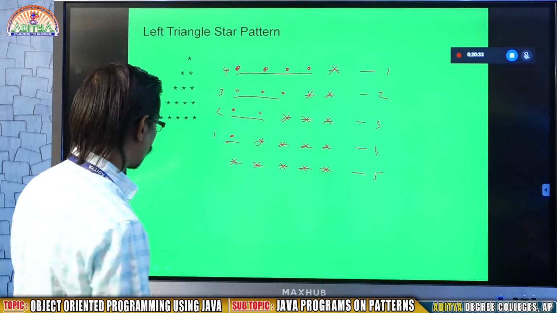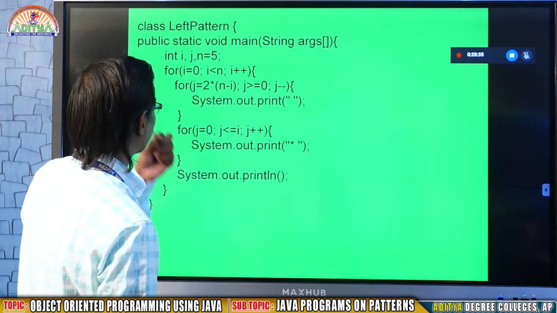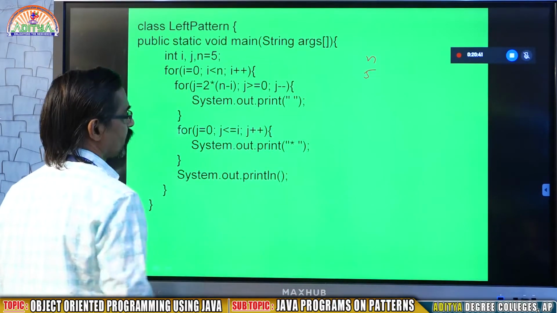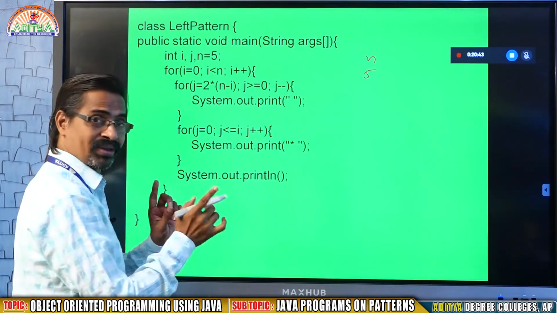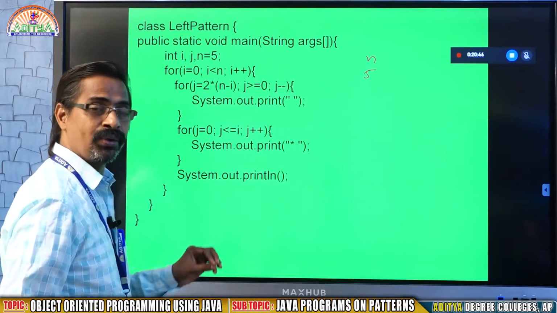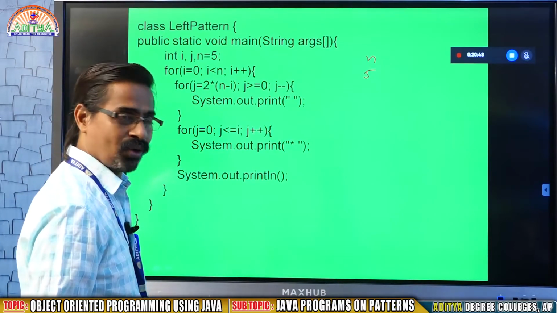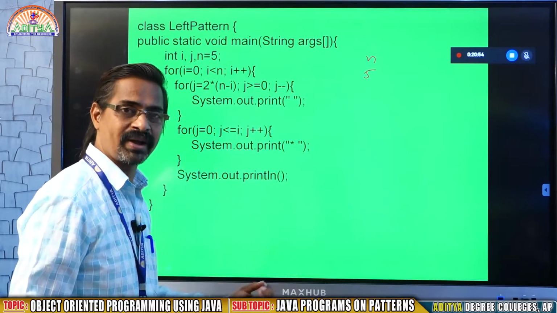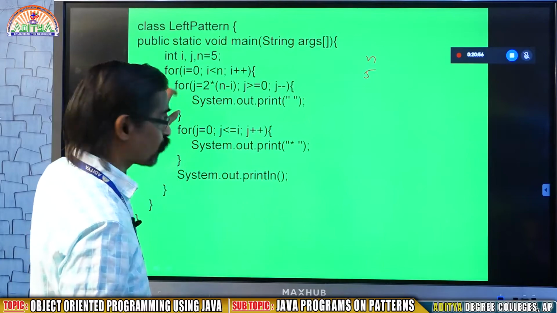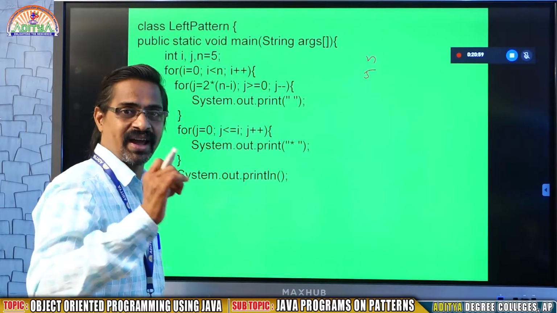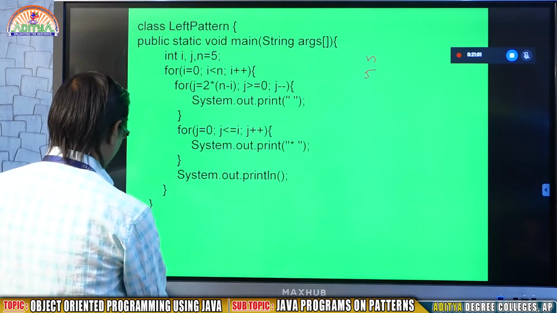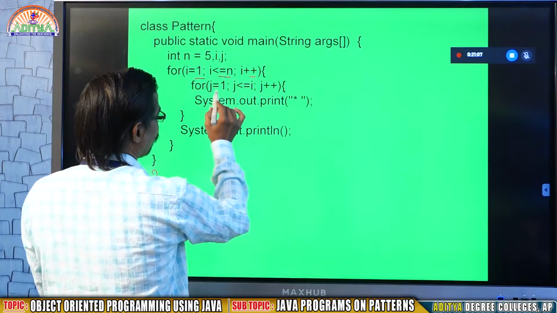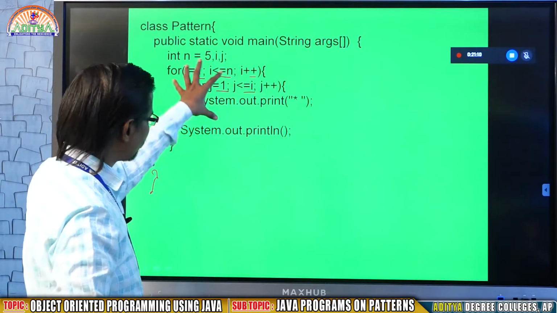Now we are going to see this one. See this example. Again as usual, n value is 5. Observe one thing. You are the designer. From what value to what value we initialize, we increment, and we write conditions, and how we use for statements or while statements, you are the director. In the previous program I gave i value 1, i less than or equal to n, i plus plus, and j value 1, j less than or equal to i.